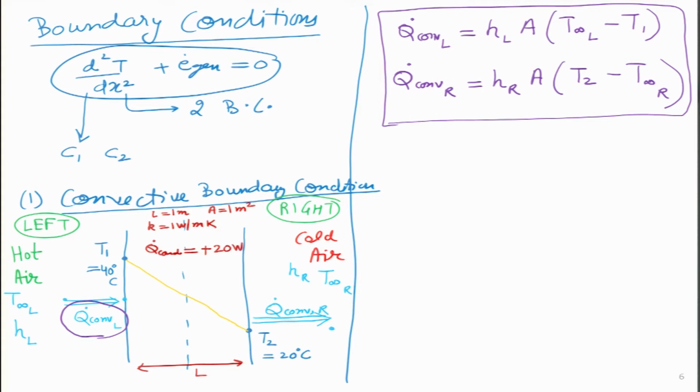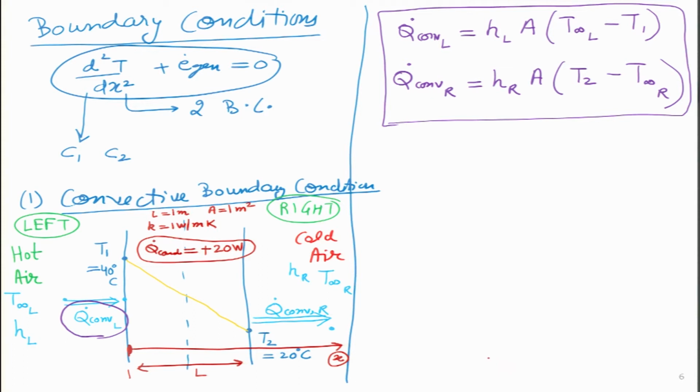And why did I put a plus sign over here? Because earlier we defined that the x axis starts over here. So, from here we have taken the x value. I will draw it over here. This is my x axis, the positive direction of the x axis. So my conduction heat transfer taking place has a positive value. I hope everything is clear so far.